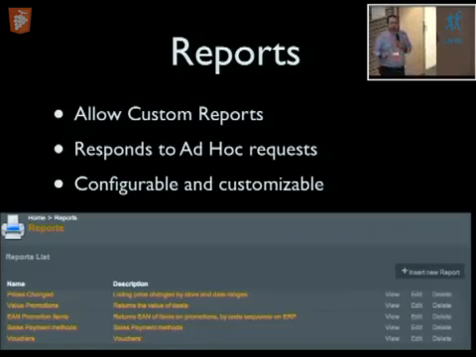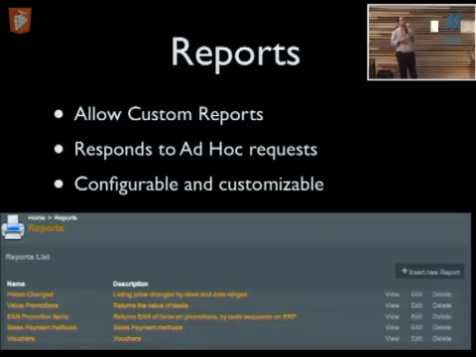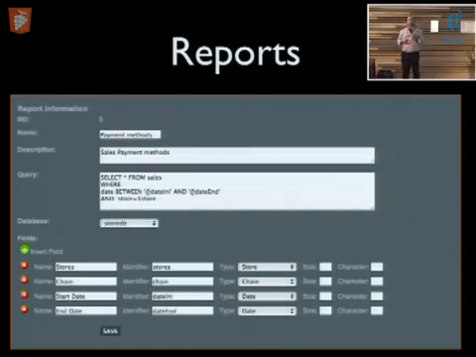So, how do I manage this? I made a model. They insert a new report. They can manage the reports. This is how the update looks. They have a name, a description, and the query they want to execute for this report.